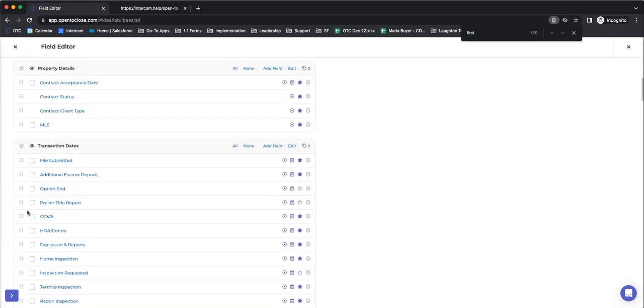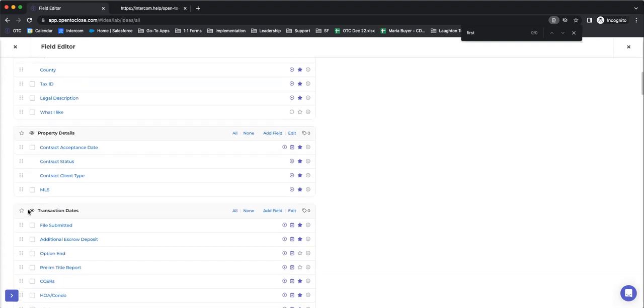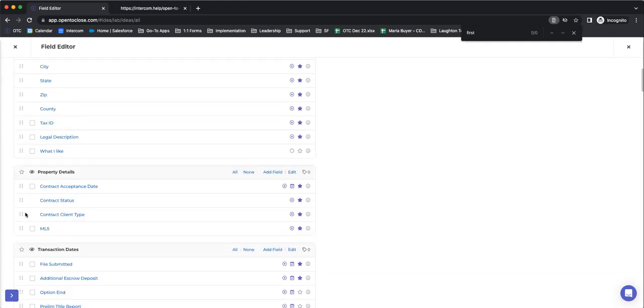But if it's just a couple of contract dates, like maybe not the acceptance date, but the deadline to accept, I may create a field to say, is it the standard specified time, 11:59 p.m.? Yes, no. If not, then we can have a smart block